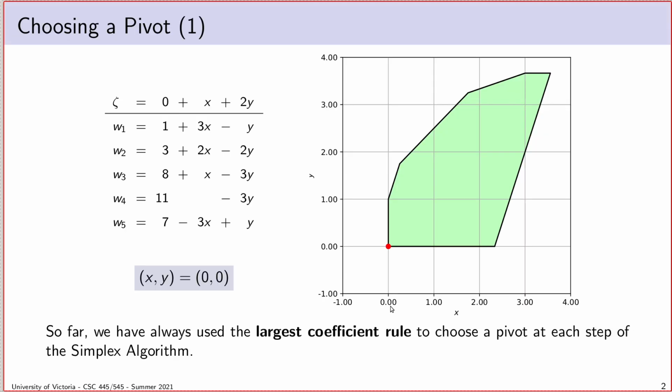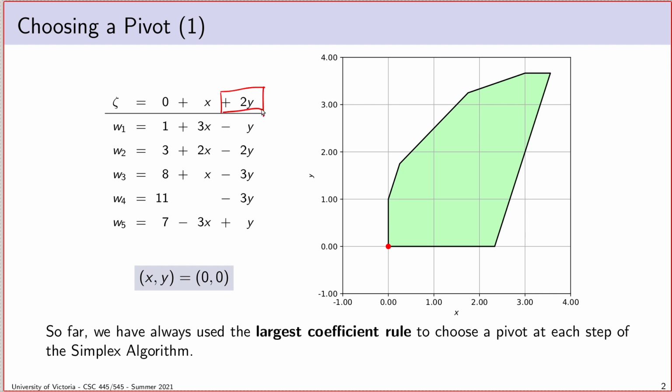So maybe we should talk about pivot rules first. The pivot selection rule we've been using is what is called the largest coefficient rule. And I defined this right at the beginning when we talked about the simplex method for the first time. I set this up as essentially a choice. If we're looking at a dictionary, we want to choose an entering variable, and we know the dictionary isn't optimal, so we know that there is going to be a pivot necessary to get us to the optimal solution. The largest coefficient rule is to choose among the available candidates, among the variables with a positive coefficient, the one